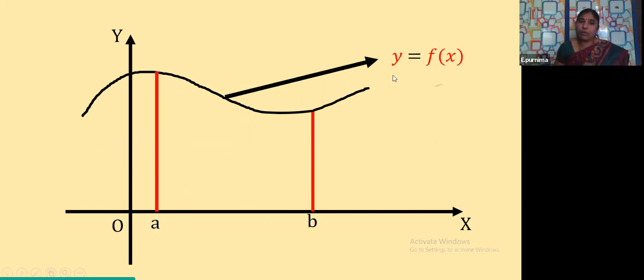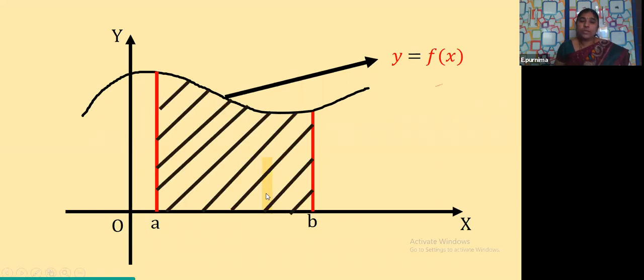We are trying to find the whole area, but to make it clearer, I am taking some part of the curve, that is from A to B. So this is the interval A to B. Now I am trying to find the area occupied by this curve within this interval. The same method is to be followed for the entire curve. Clear? So within this interval A to B, see here what we are going to do. Suppose this is the area, this is the shaded part. What is this shaded part?